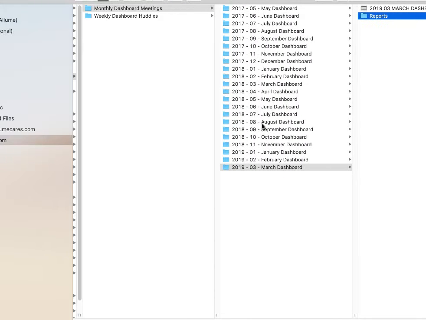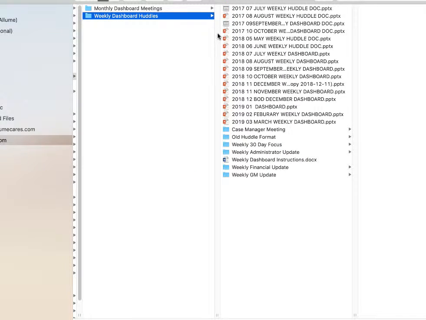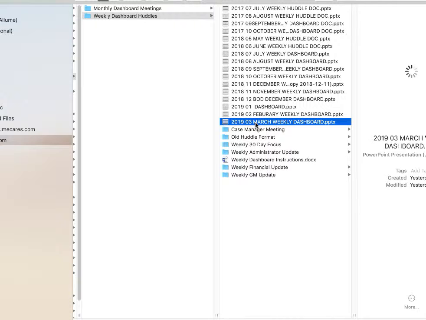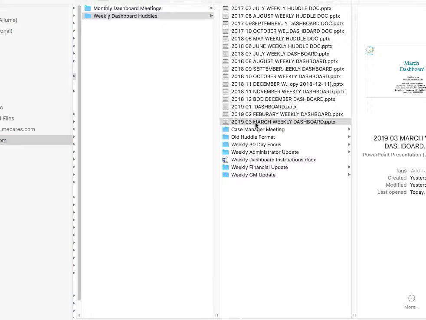So if we go back here now, when we look at the weekly dashboard, you'll see it's by year again, and then 1, 2, 3, and that's how we do it. We're going to be moving into April soon, so we'll need a new dashboard that represents that new document. Marie is in charge of this one, and she will save this. She'll open this document and do a save as, and I'll show you right now how to do it. So she'll open the document,